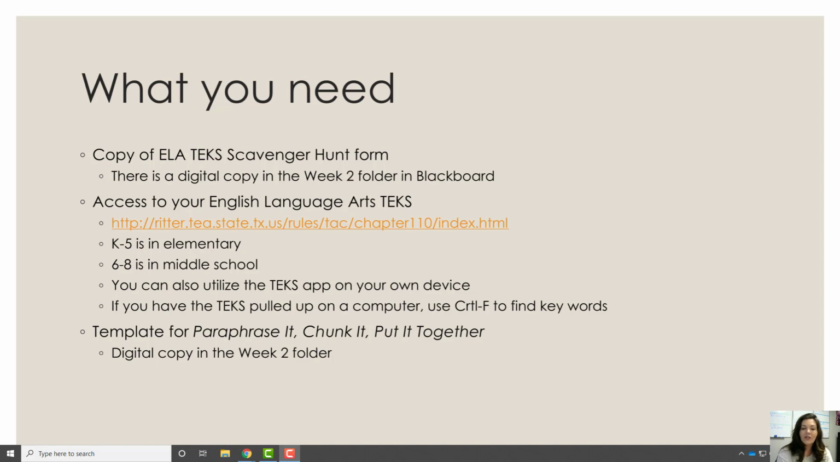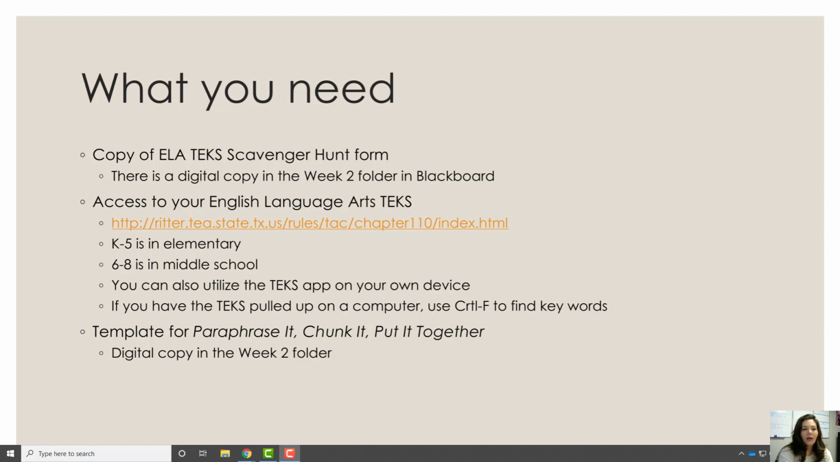You're going to need access to your English Language Arts TEKS, which you can find on the web. Just Google ELA TEKS. K through 5 is going to be in the elementary file, and 6 through 8 is going to be in the middle school file. There's also an app that you can download to your phone or your device that is a little easier to use. It allows you to search for things in the app, but I also recommend having a written copy so that you can check off TEKS that you've already taught when we start writing lesson plans, highlight important words,